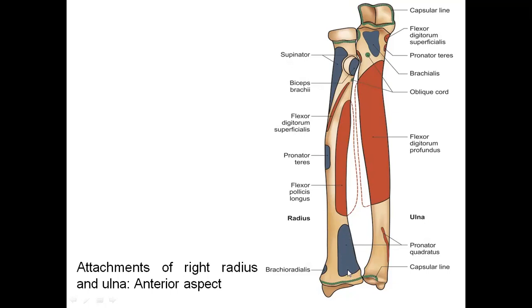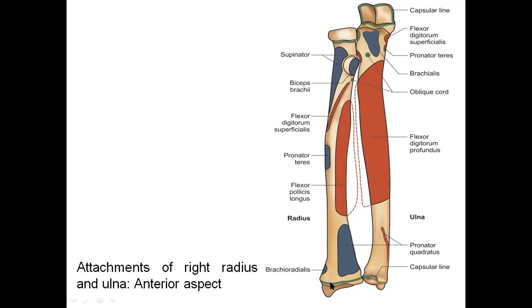In the lower part of the radius, I told you we have 5 surfaces, and this surface you are seeing is the anterior surface. You are finding there is one muscle getting inserted over here, that is pronator quadratus. Actually origin is from ulna and insertion is in radius. It is something like a wristband type of muscle, okay, which helps in pronation as the name indicates. Of course, I have put a few pictures to show you pronation, supination as we proceed. Okay, then we know in the lower end, there is one muscle taking its insertion, that is brachioradialis in the anterior aspect. Okay, and this surface is the lateral surface.